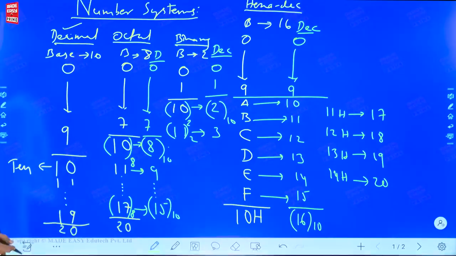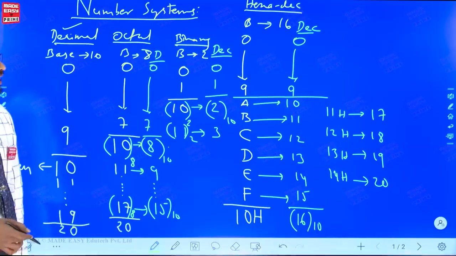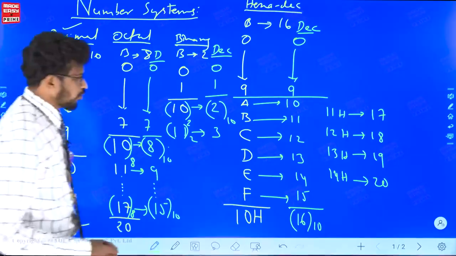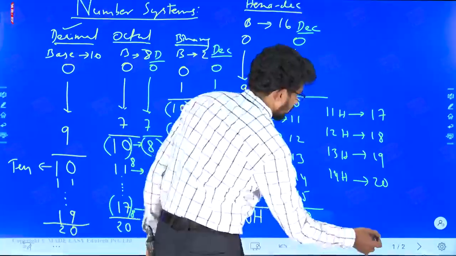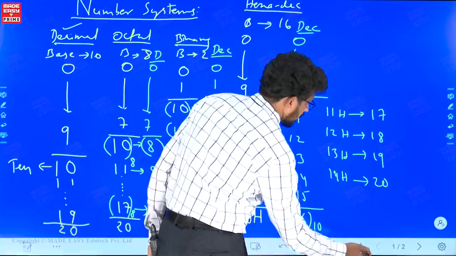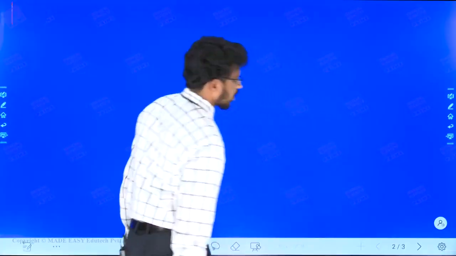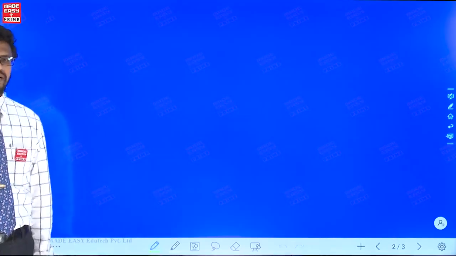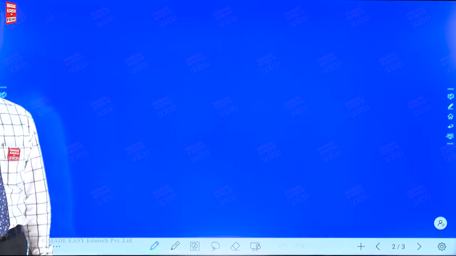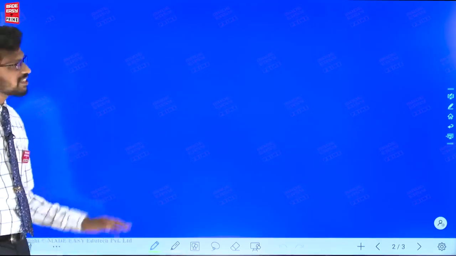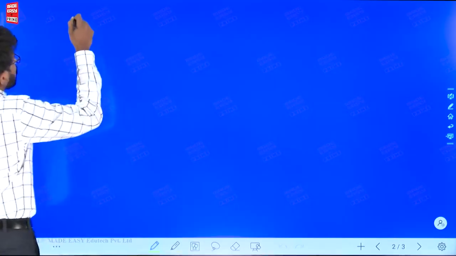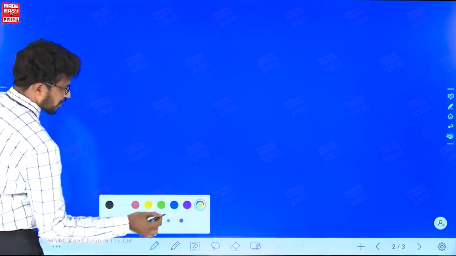Fine. Now observe carefully. We will also write the binary equivalent of this data. For example, I want to find out the binary equivalent. Let us discuss now how to write this data in the binary form. You should be very flexible to convert from one number system to the other. How to write in binary, you should also know clearly. Fine, we will see the conversions one by one. For example, let us consider the hexadecimal numbers